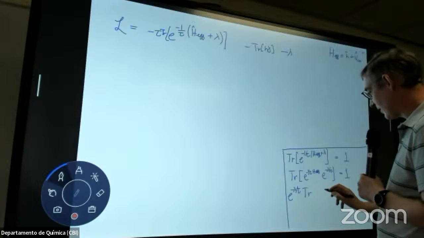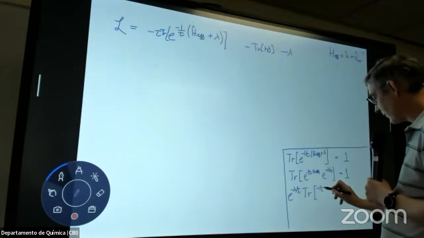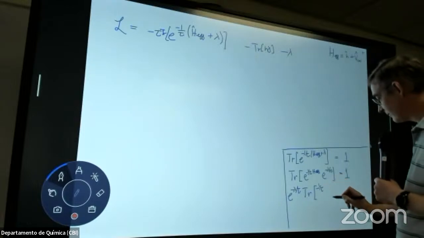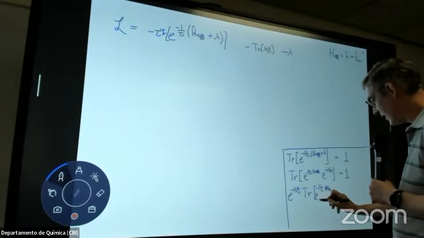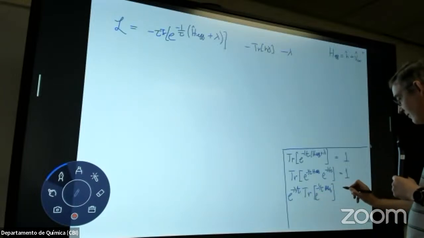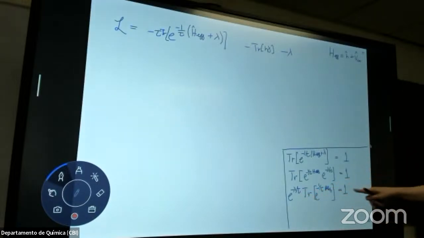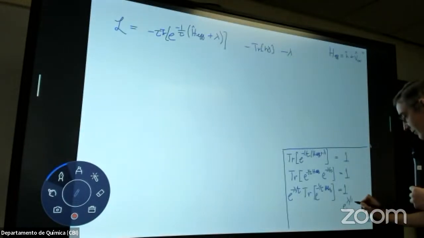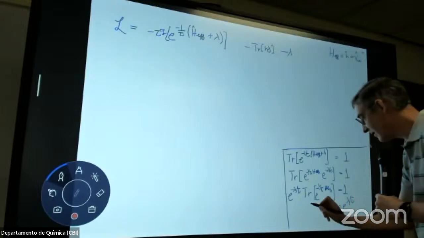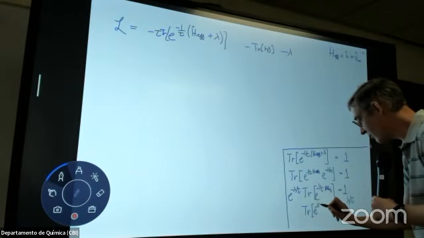equals trace of e to the minus 1 over tau h effective. This is equal to 1. And so now when I see e to the minus lambda over tau, I'm going to pull it over. So let's just pull it over. E to the lambda over tau equals trace e to the minus 1 over tau